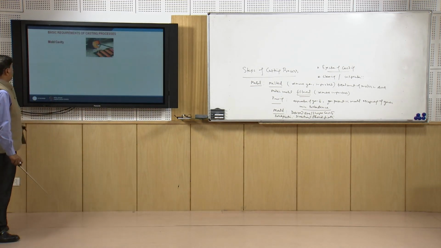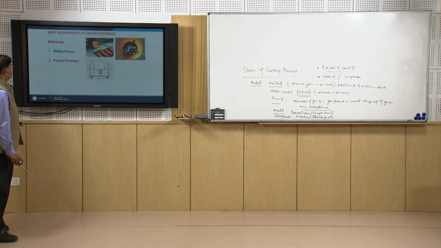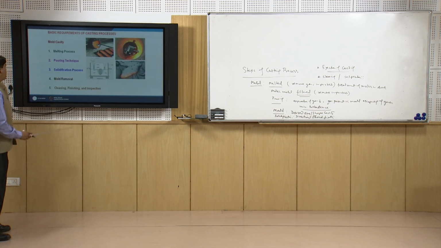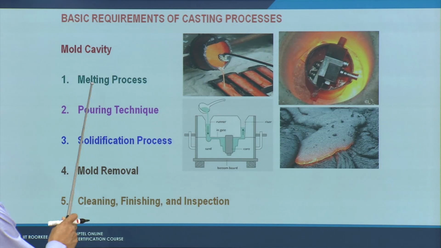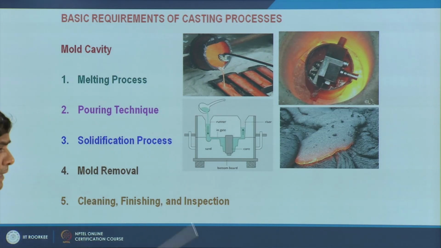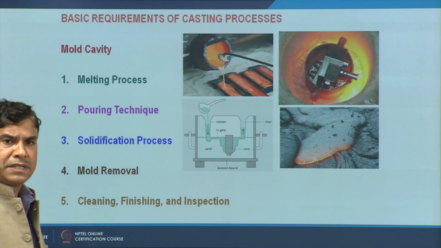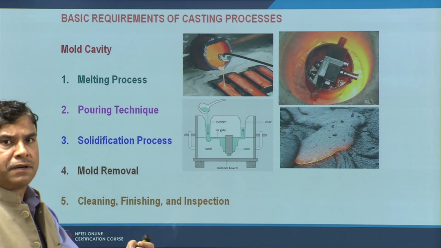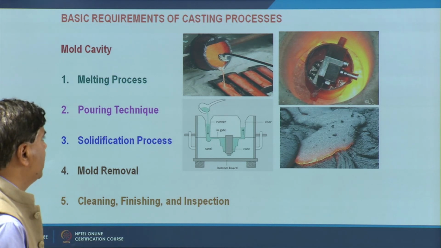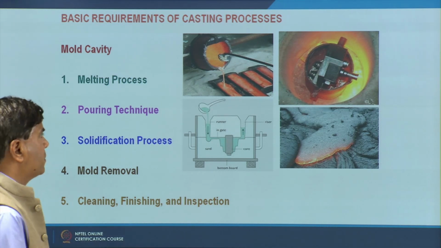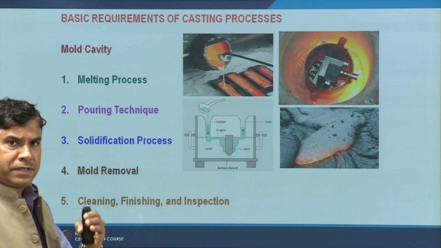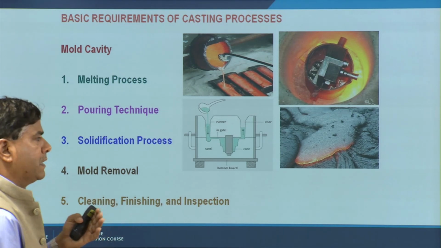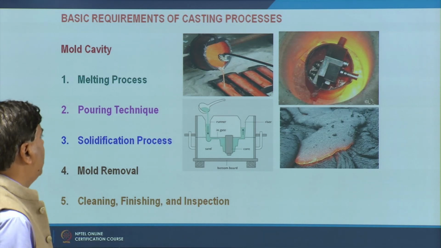So, here what are the steps? Like this, the melting, and the melting of the metal is realized using a suitable heating system. It may be an electric resistance heating based furnace, arc furnace or coal fired furnace. As per the melting temperature of the metal in process, a suitable heating system is used so that it is brought to the molten state, and once the metal is brought to the molten state and it is treated properly, what we do,